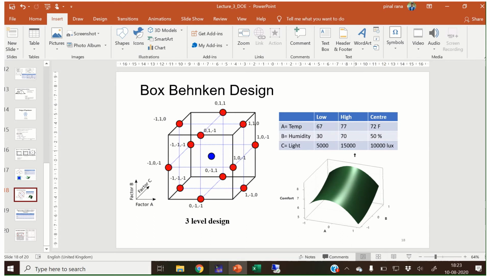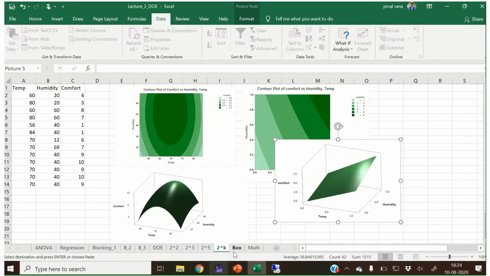In the same way I have given the other values too. Now, how can we create this Box-Behnken design in Excel? Let me explain that, then we can obtain the same thing in Minitab, which I will explain later, and then we will solve an example of the Box-Behnken design.